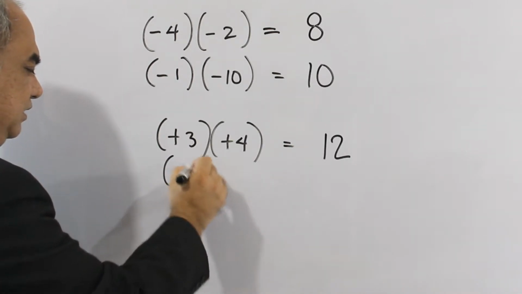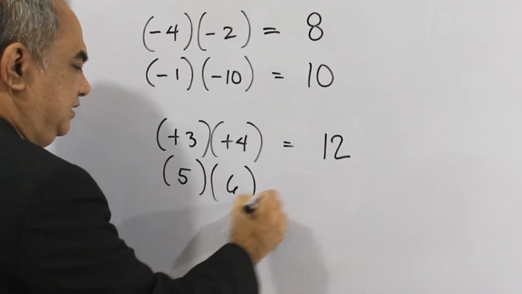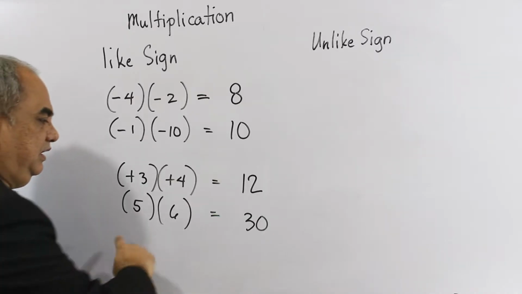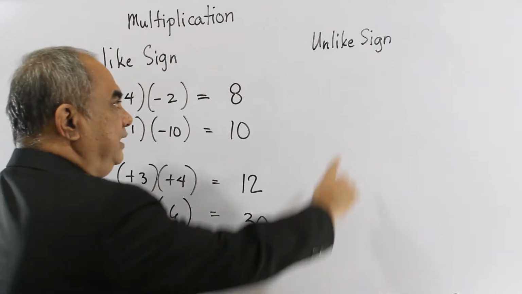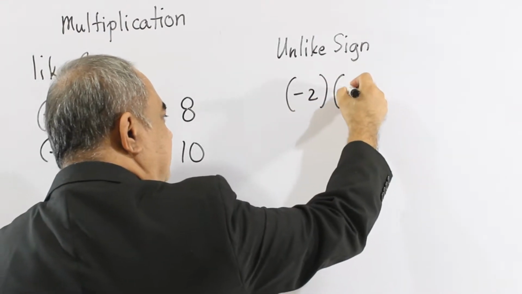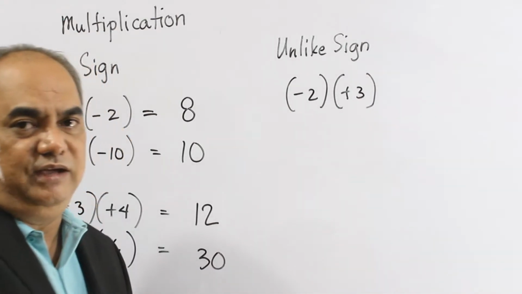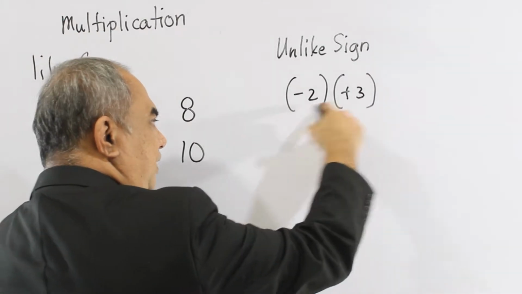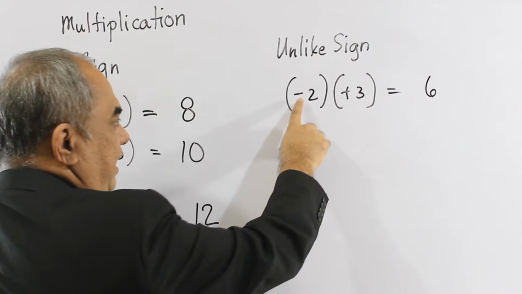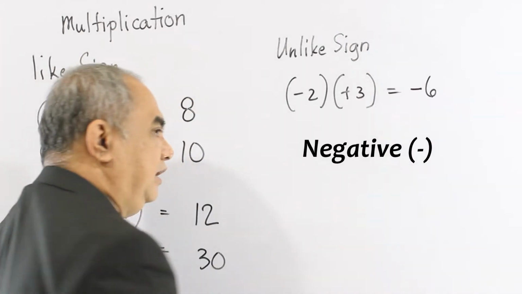And lastly, we have positive 5. I did not put the positive sign anymore. And then multiplied by positive 6, it will give you positive 30. So this seems to be easy to understand. What about unlike sign? For unlike sign, let's say we have negative 2 multiplied by positive 3. You see, the two factors have different sign, or unlike sign. Then we get again the product of these two numbers, which is 6. And then we can say that when we have unlike sign, your product will always be negative, regardless of the